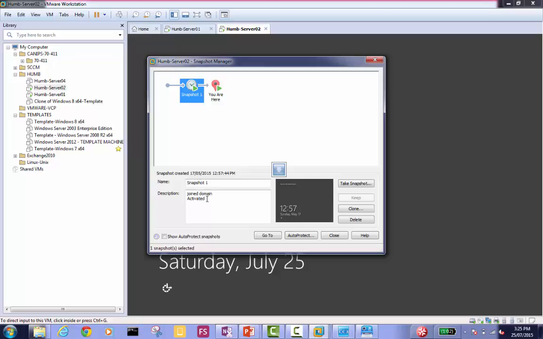I took a snapshot of my machine, but I didn't write anything. How will I find out what I did? Just go back to that, and I think you can write even now. Yeah, I can write it even just now. Scroll down, click that snapshot, go to the description, and now write which state it was in, so you would know which snapshot you're going back to. If I go back to that snapshot, what will happen to my current state? Yeah, you have to take another snapshot to come back.